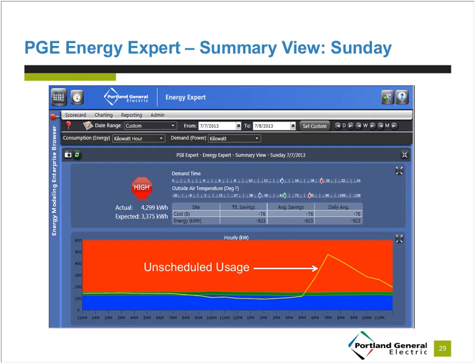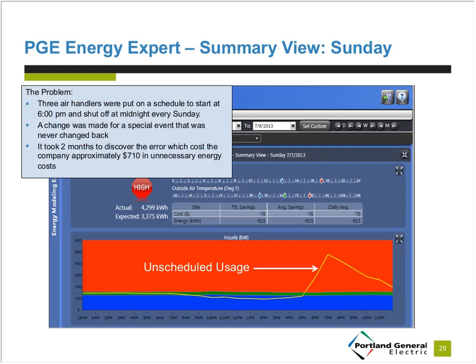Now this is actually a real example where a company made a change. There was a special event that happened one week. They made a change to their air conditioner system. They were able to support the activities that were going on for that particular week, but nobody made a change back. And they weren't watching it. They weren't monitoring their usage. And all of a sudden they start seeing the Sundays start consuming energy,